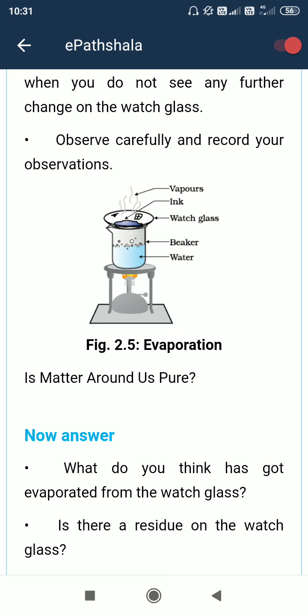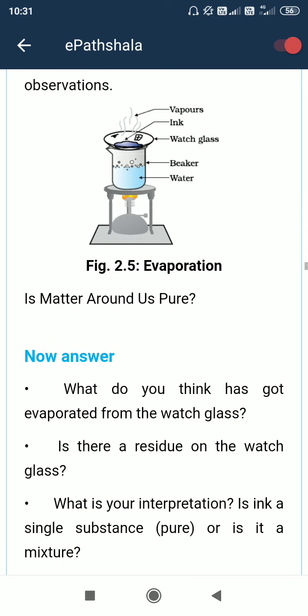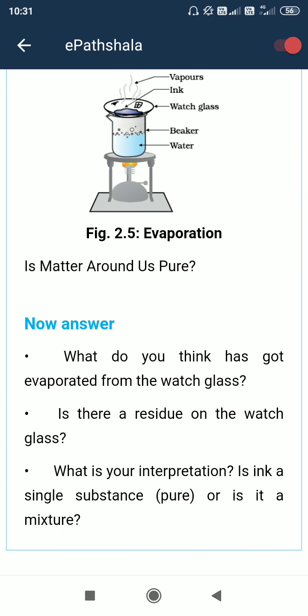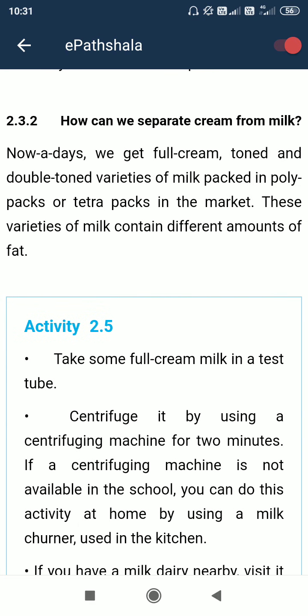So this is the mechanism. What is the application? Actually, we know that the boiling point is different for each compound. One compound may have a lower boiling point, another a higher boiling point. So when we increase the temperature slightly, compound A may be evaporated, but compound B will not be evaporated; that will remain in the container. That's the mechanism. So we can use the boiling point temperature difference as a tool to separate two compounds from each other.